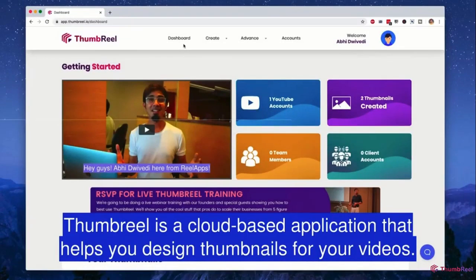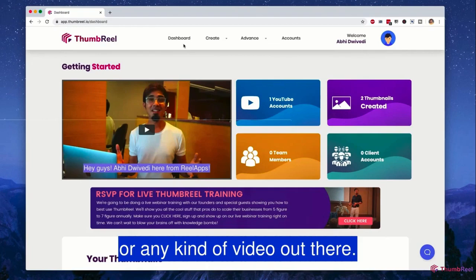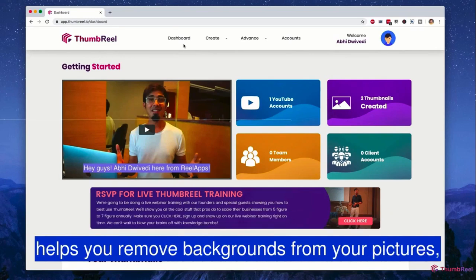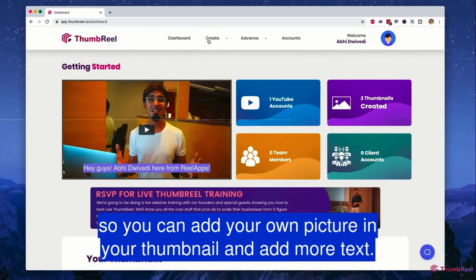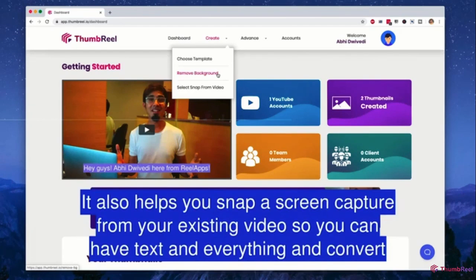ThumbReel is a cloud-based application that helps you design thumbnails for your videos, for YouTube videos, Vimeo videos, or any kind of video out there. ThumbReel not only helps you design thumbnails for your videos, but also helps you remove backgrounds from your pictures, so you can add your own picture in your thumbnail and add more text. It also helps you snap a screen capture from your existing video, so you can add text and everything and